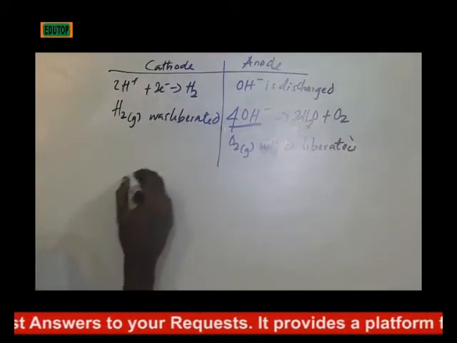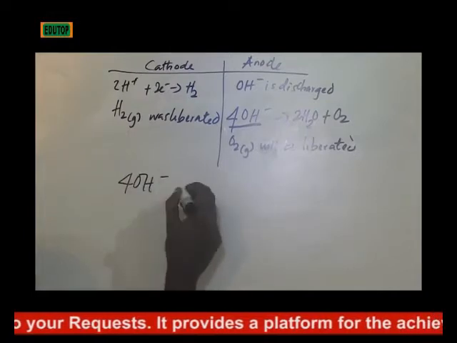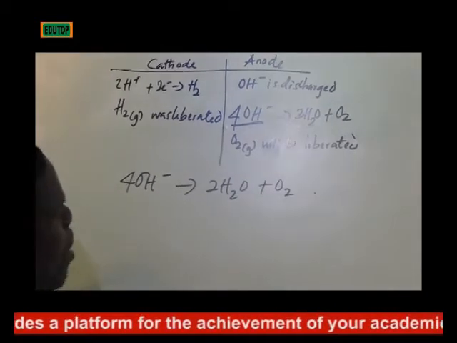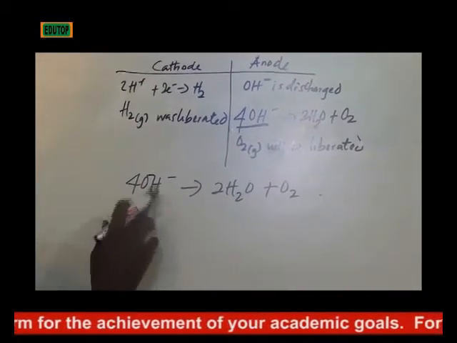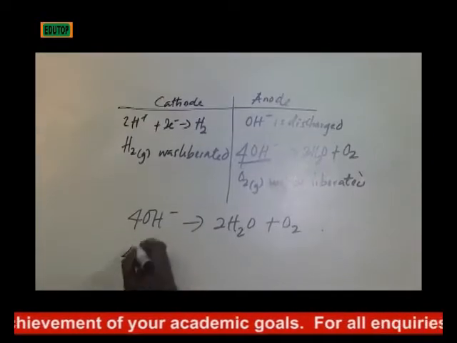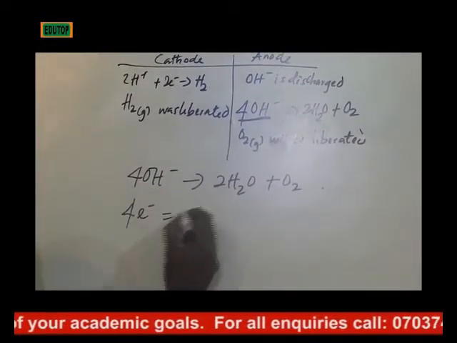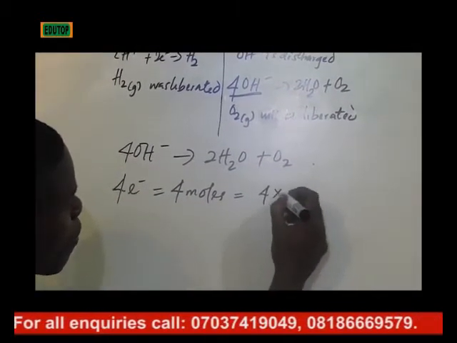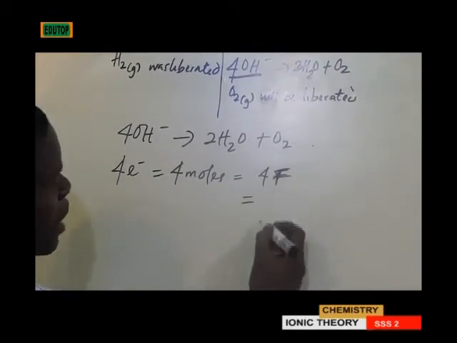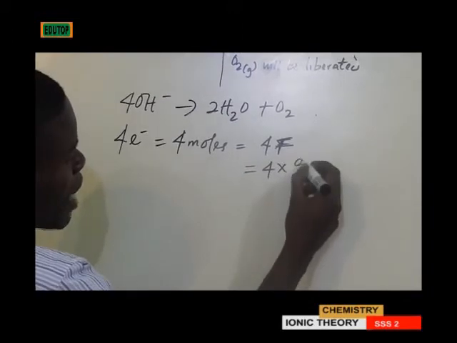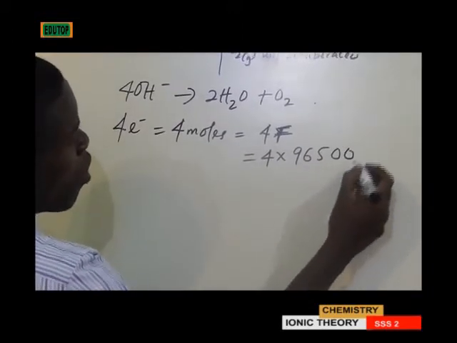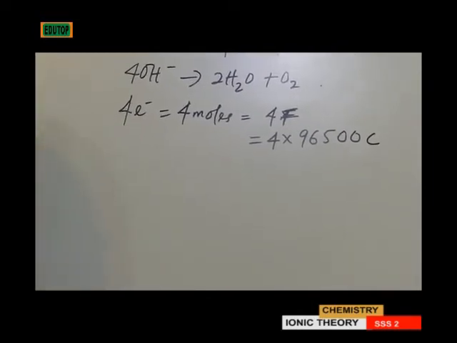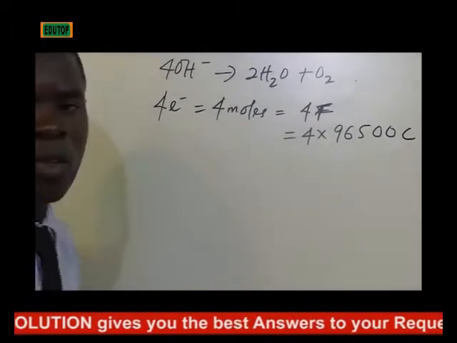So that means, bringing this equation down, you have this. By this, we have 4 moles. So for every 4 electrons, there will be 4 moles. And for every 4 moles, there will be 4 Faraday. And 4 Faraday is 4 times 96500 coulombs. And since the question asks us to calculate the quantity of electricity that will be required to liberate